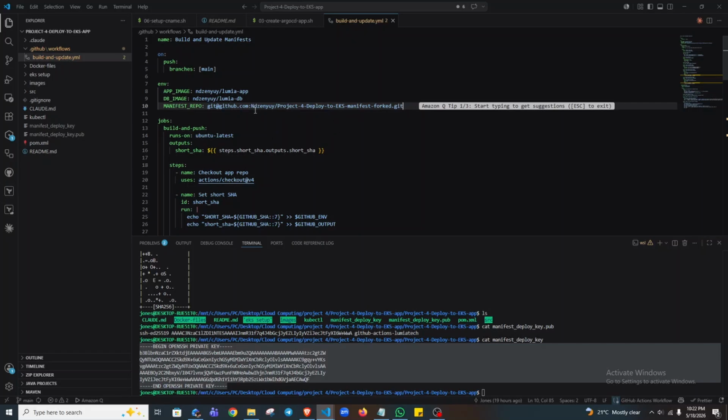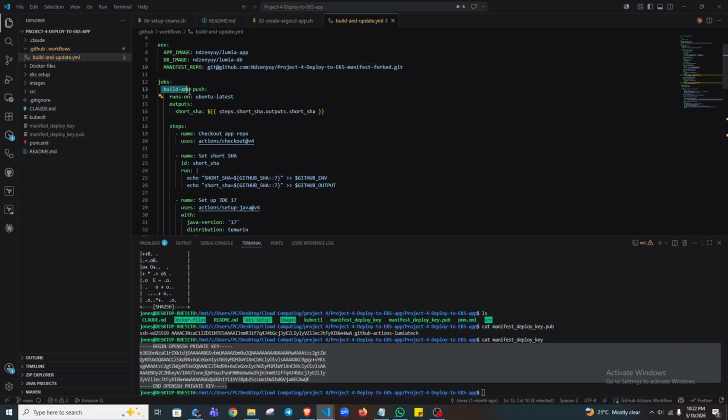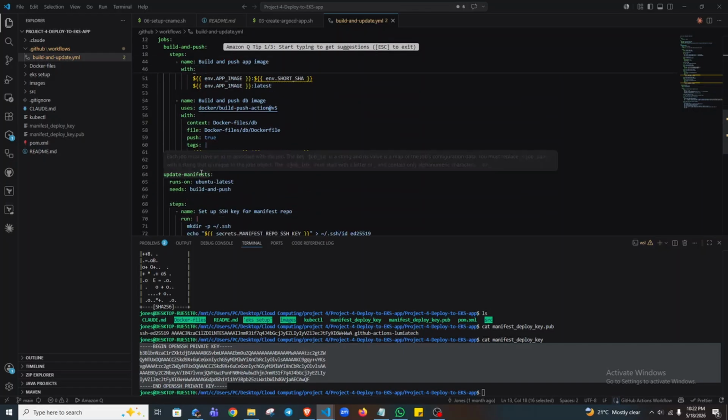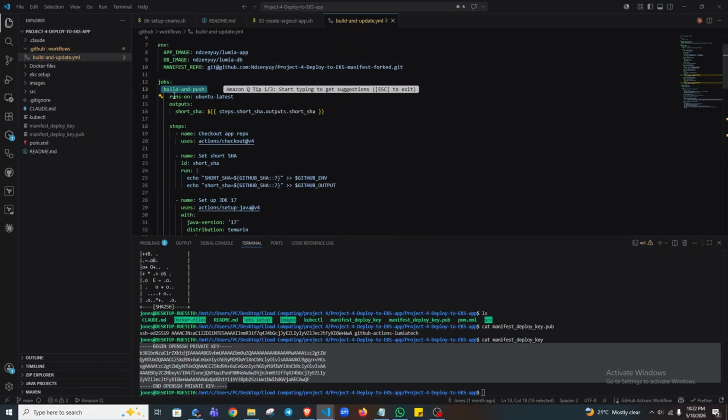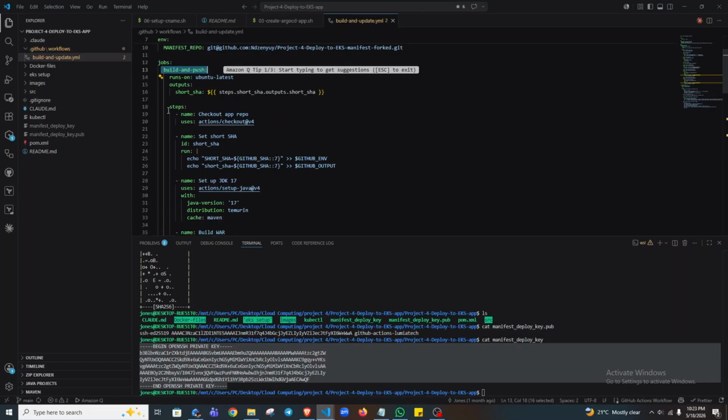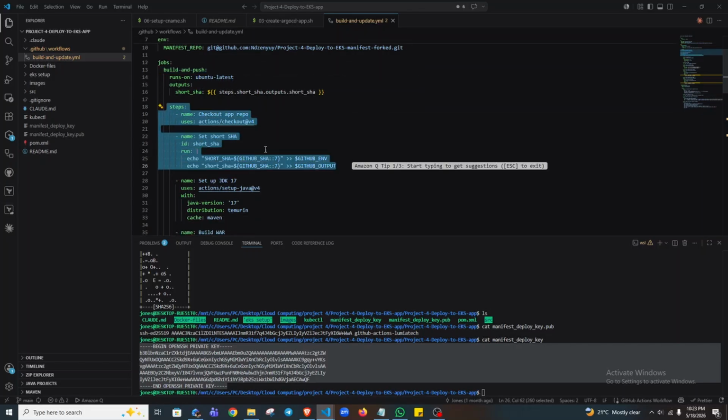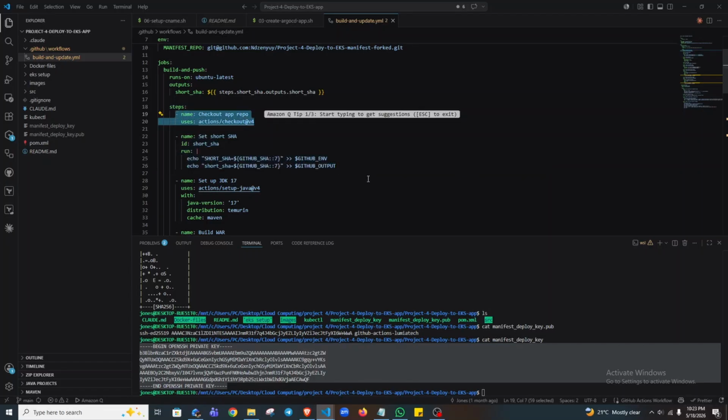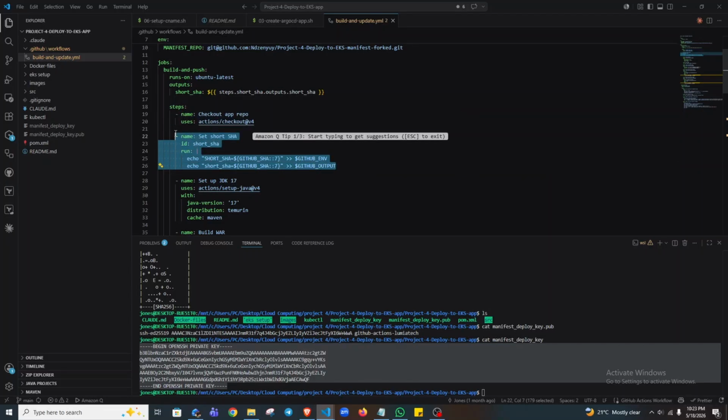All right. Now, next now I have put in I think 2 jobs. Okay. The first one is to build and push. I didn't include the scans for now for us to have a straightforward understanding of what our application does. So first things first, this one is always very necessary. We have to first of all check out. This is where we check out. Here now we want to set up our SHA. SHA now we are using this SHA